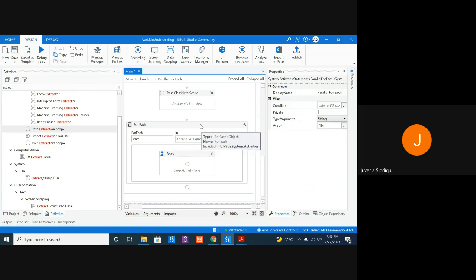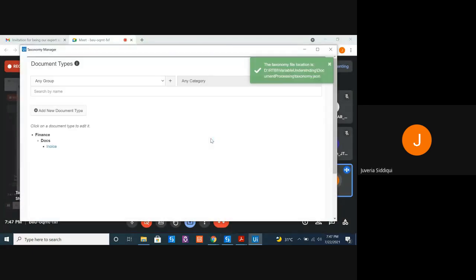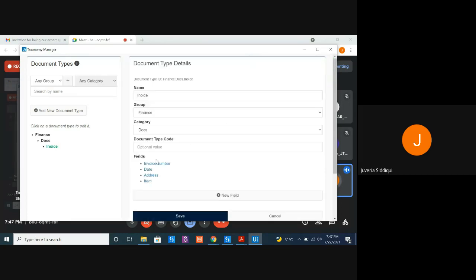You can find it basically at one place only, but using two ways. First, quickly, let me show you the taxonomy manager. So if you see, when you defined the group and the category and the document, you are actually defining a document type ID. You are actually creating a document type ID. See, in your case, this is a document type ID.